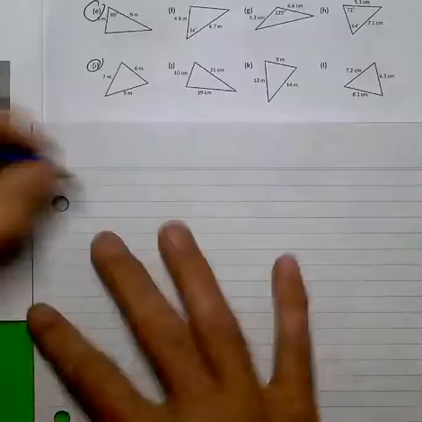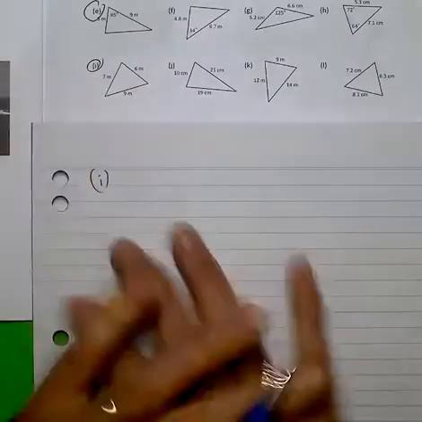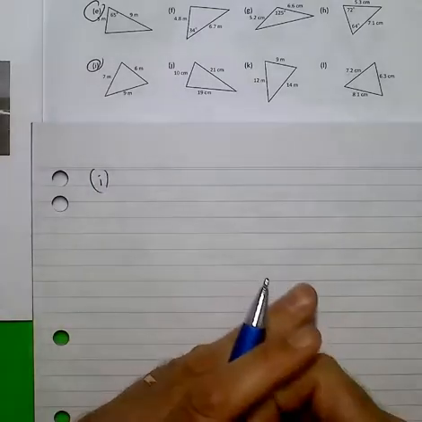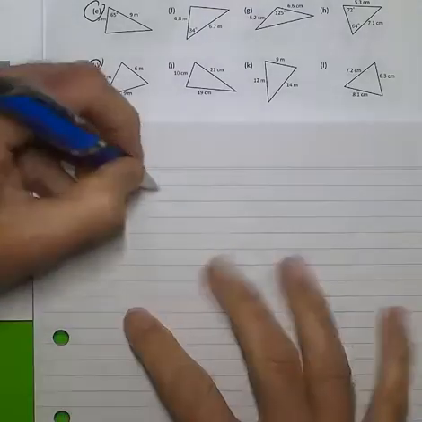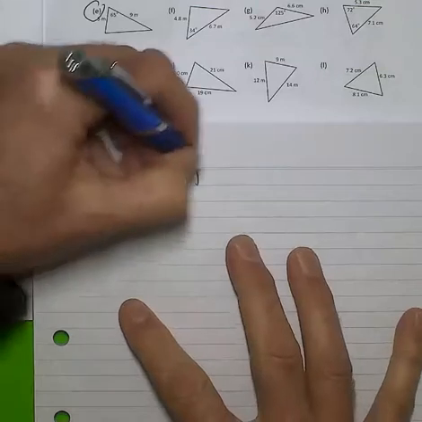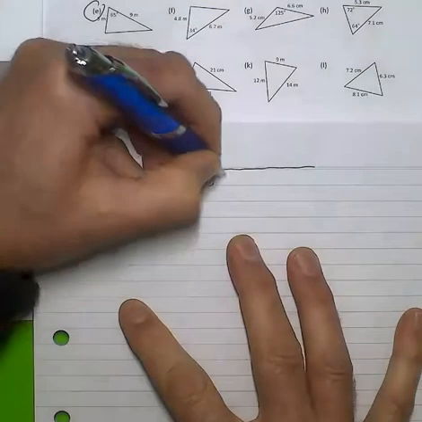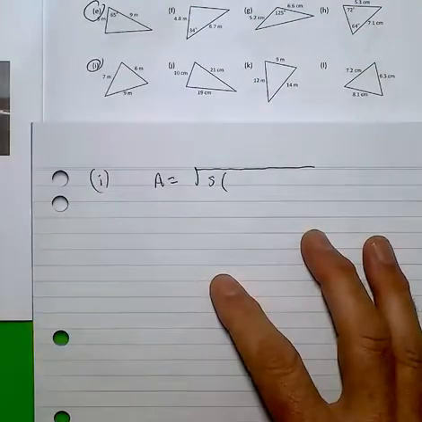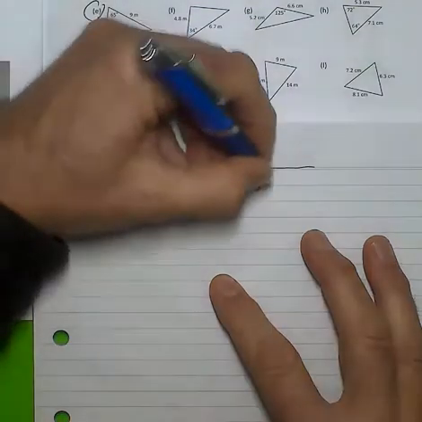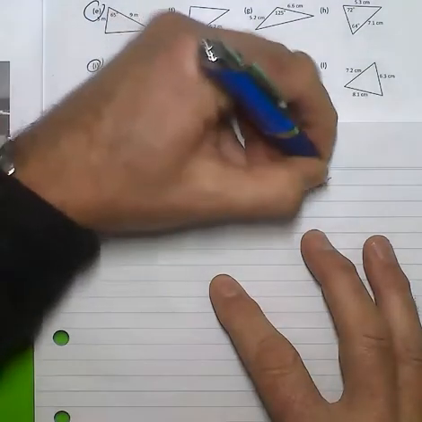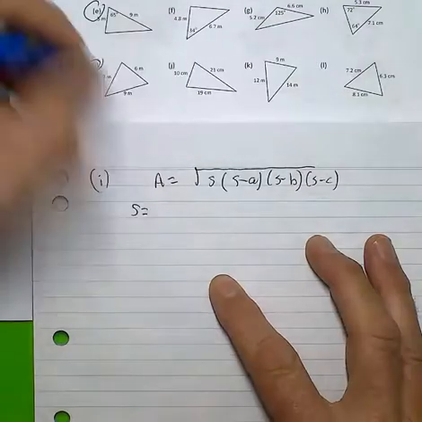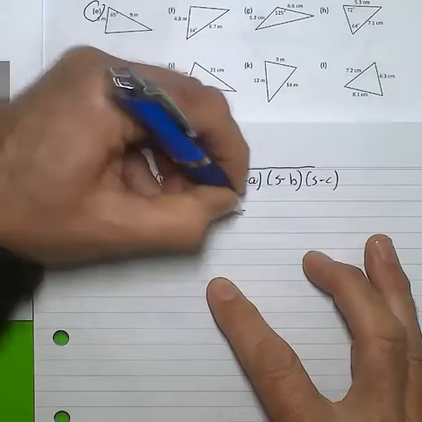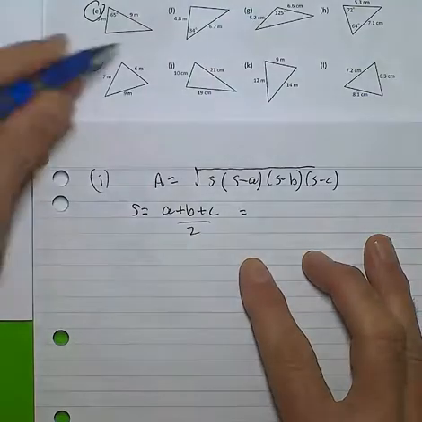Now, in the case of I, we've not got any angles, we've not got any heights, so this is where we make use of Heron's Rule. Now, Heron's Rule looks pretty messy. It's the square root of S, and then we've got multiplying S take A, S take B, S take C, where S is the addition of those three sides divided by 2. Now in this problem, 7, 6 and 9,